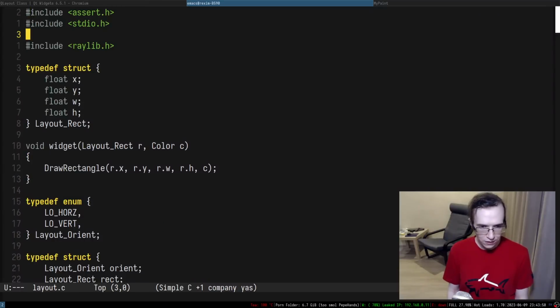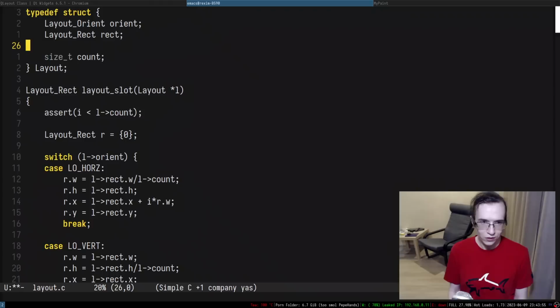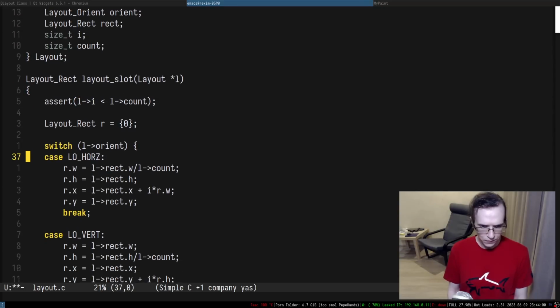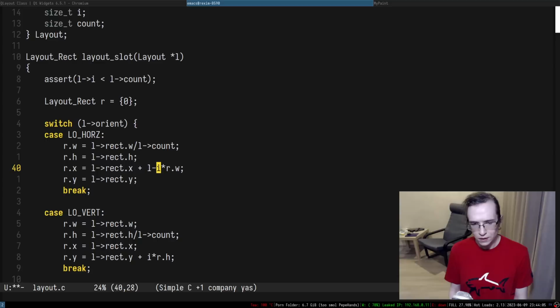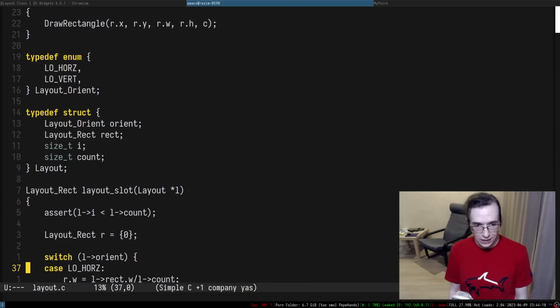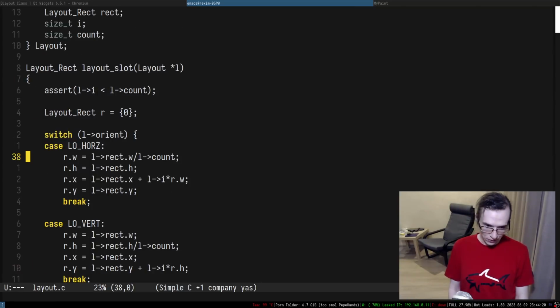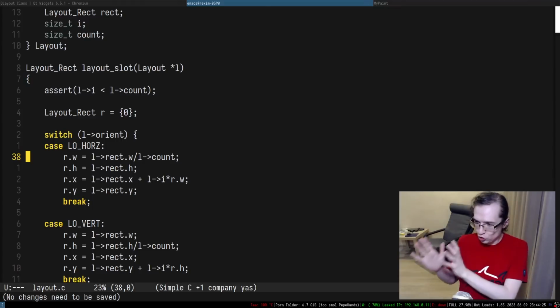Essentially what I want to do is say, okay, I is now part of the layout, and it's initially going to be 0. And here is going to be just I, and here this is the I, and then I'm going to increment the I. So essentially by calling the layout slot, you increment its internal I, and then it always gives you the next slot.